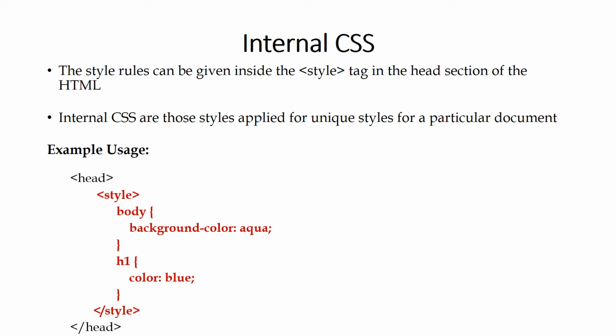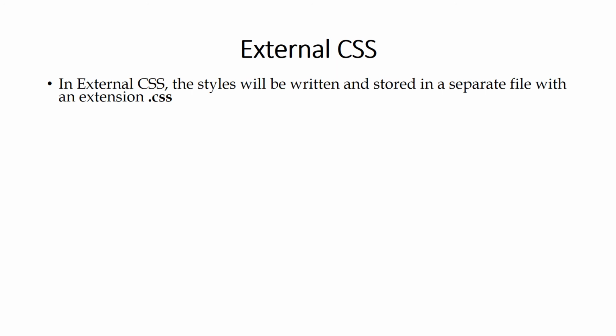So these two rules are given inside the style tag, and this style tag in a group will be occupying the head section. So this will be applied only for that particular document based on the priority. Next comes external CSS. In external CSS, the styles will be written and stored in a separate file with